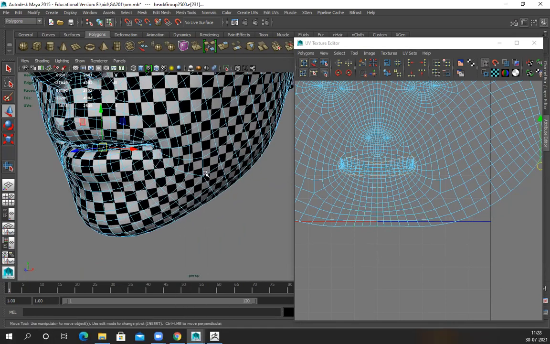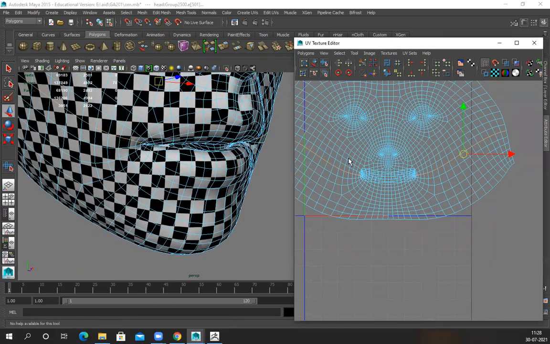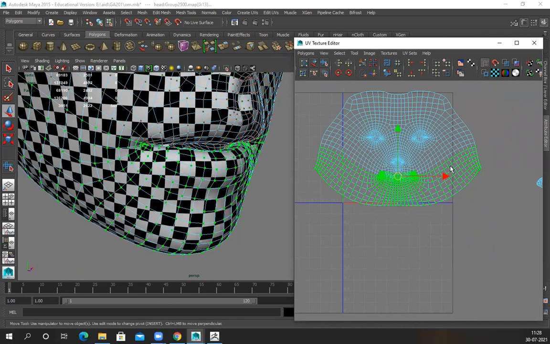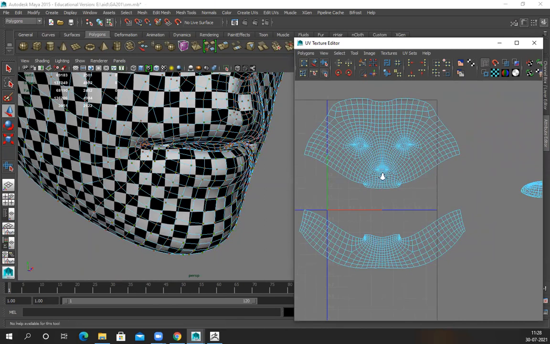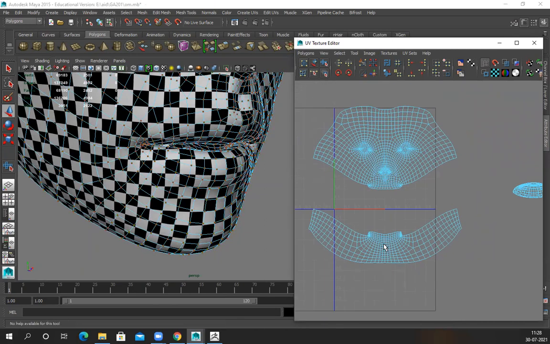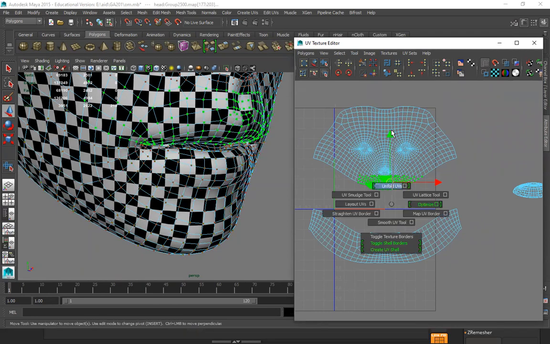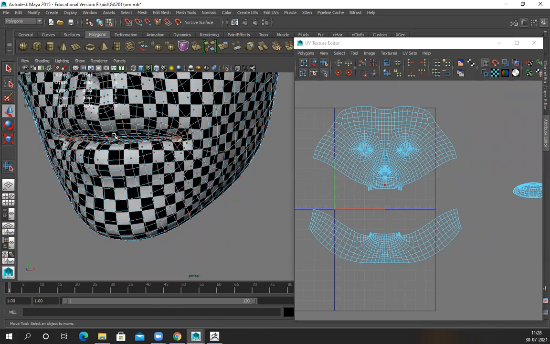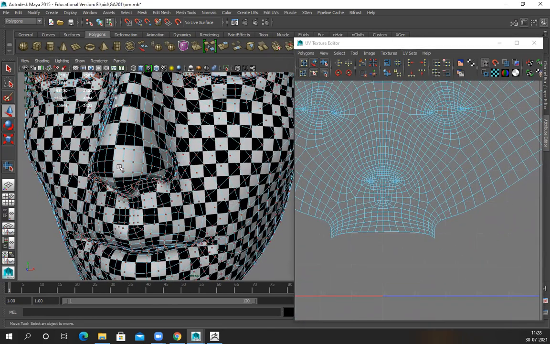To fix this, there is one more way. I can cut this mouth. Then I cut this, so it is separated now, and I just simply unfold it. Everything is clear. Inside the mouth, on the lip side, a slight stretch will be there. On the nose, I can see clearly it's slightly stretched. So how to fix it?